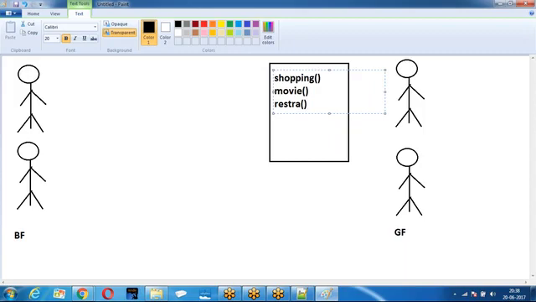So when you say you are a boyfriend, you have to provide 3 services. If I say, boss, I don't go for shopping, the brand called boyfriend will be removed. Right? So, if you want to use the brand called boyfriend, you have to provide the services. So, what are the mandatory services?